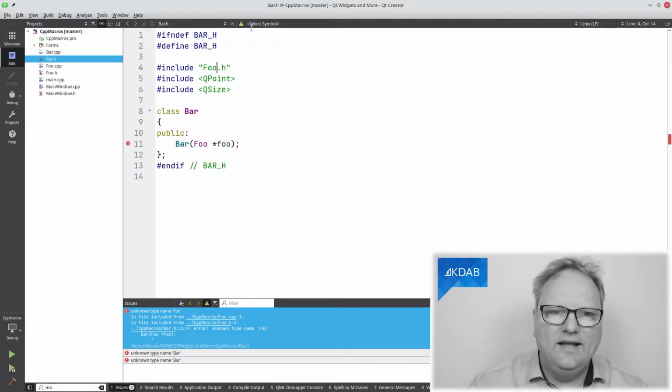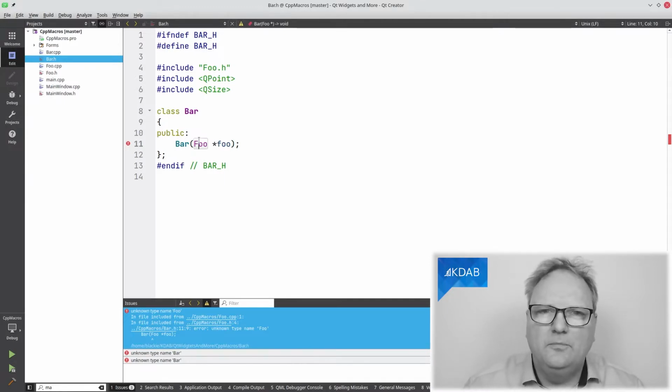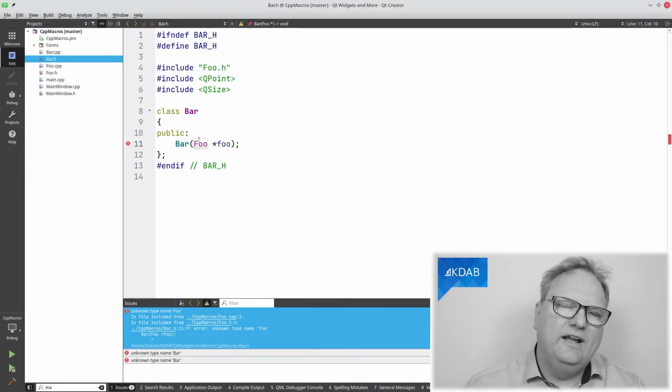So let's go back now and continue on, and it gets down into the compilation of Bar. And that's when it sees this Foo that it doesn't know about, because I never got that far when I included foo.h. Hopefully you won't make that mistake, but it's always useful to see what is given to the compiler after the preprocessing stage, especially if you have some complex macros in there that are difficult to see how exactly they expanded. And for that, I'll show you a trick.